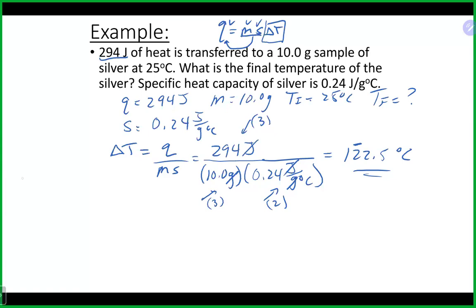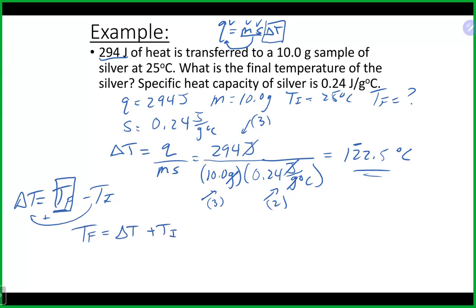So delta T, the change in temperature, is our final temperature minus our initial. We are looking for our final temperature, so we add the initial to the other side. That gives us that our final temperature is our change in temperature plus our initial temperature. I'm going to keep track of where I should be, and add it to my initial temperature, which was 25. I'm going to take the whole number there plus 25, and that gives me